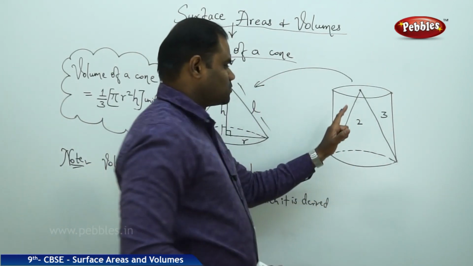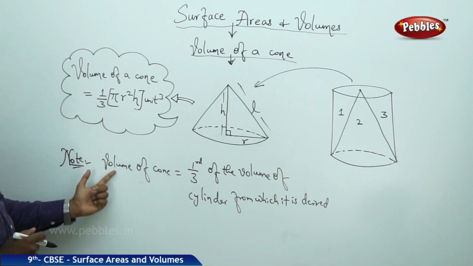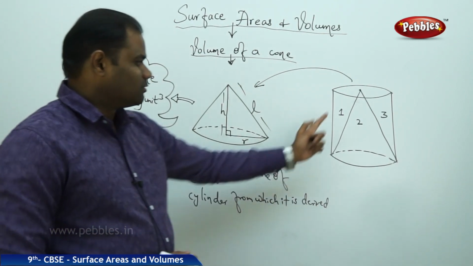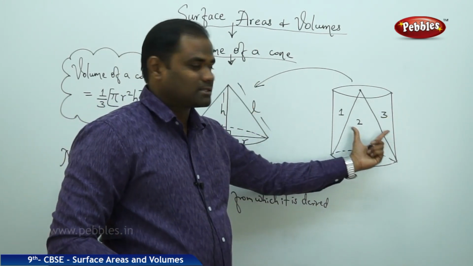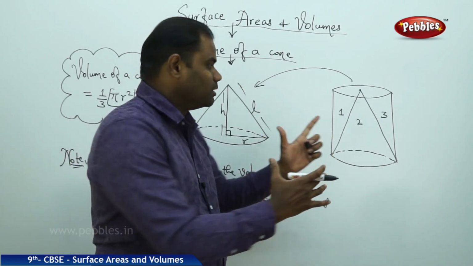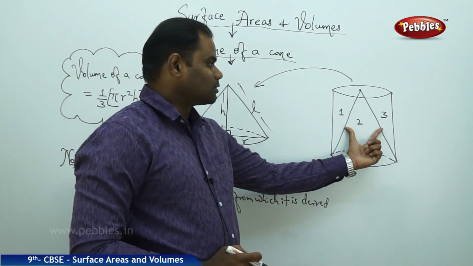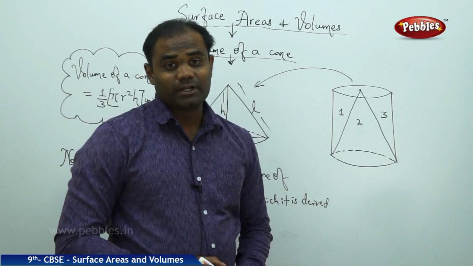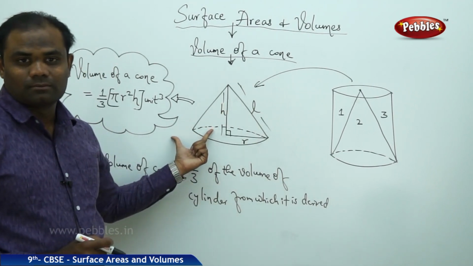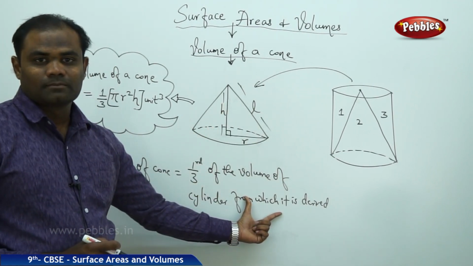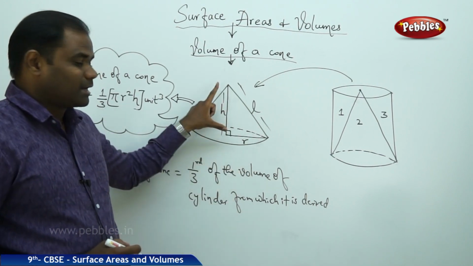of the entire cylinder, and hence volume of a cone is 1/3 of the volume of cylinder from which it is derived. Cut the cone, you get 3 equal parts, and hence this volume of a cone would be exactly 1/3 of the entire cylinder, covering part 1, part 2 and part 3. Is how we understand a very important geometrical concept connecting cylinder and a cone, given by this relation. Volume of a cone is 1/3 pi r square h, where r is the radius and h is the height